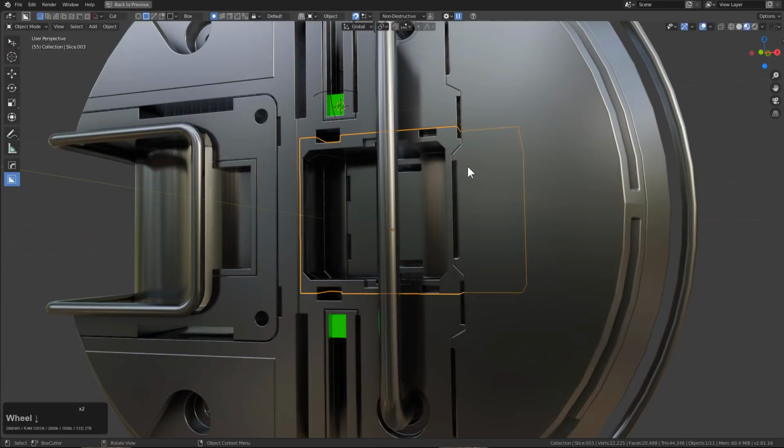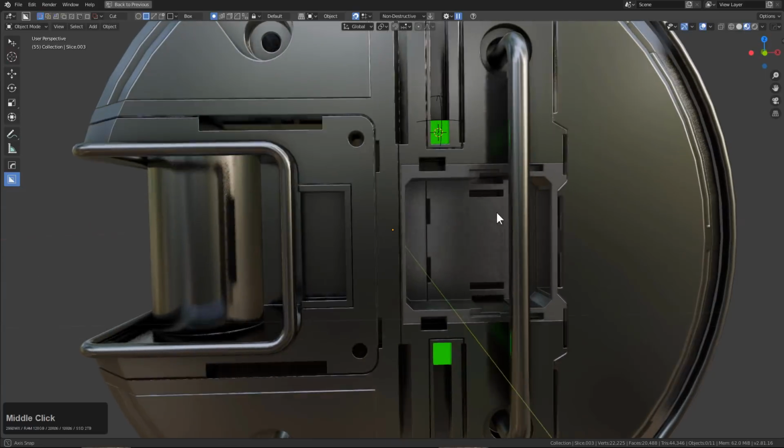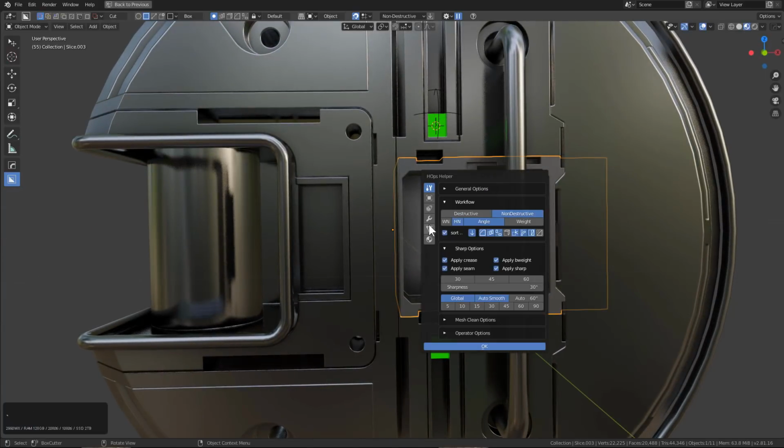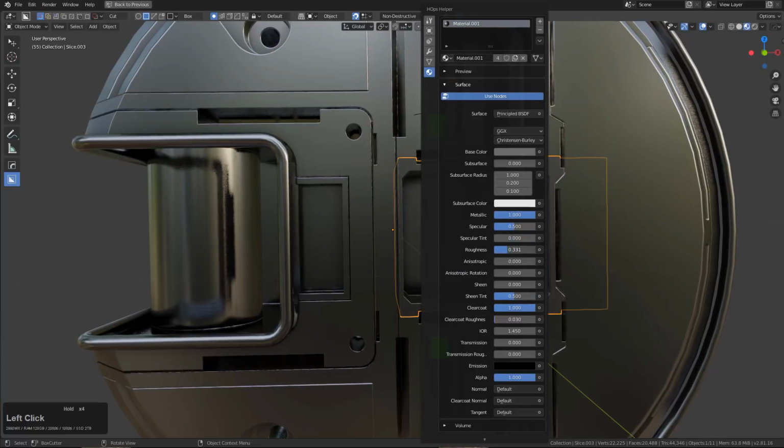I bet it's slicing in Eevee, and also being in Eevee. So many things we just take for granted now, like being able to cut at the same time as rendering. And then we have the nerve to say that Blender's kind of slow. And here I am cutting in render mode. But